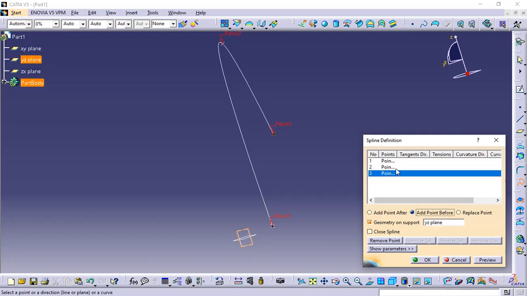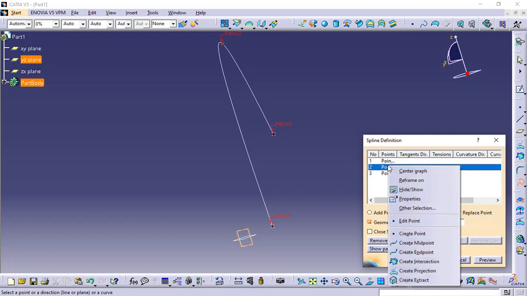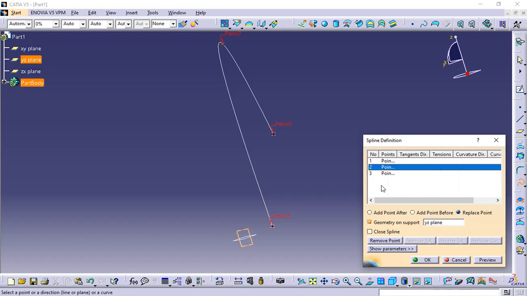Add point before point 2, selecting point 2 and remove point,